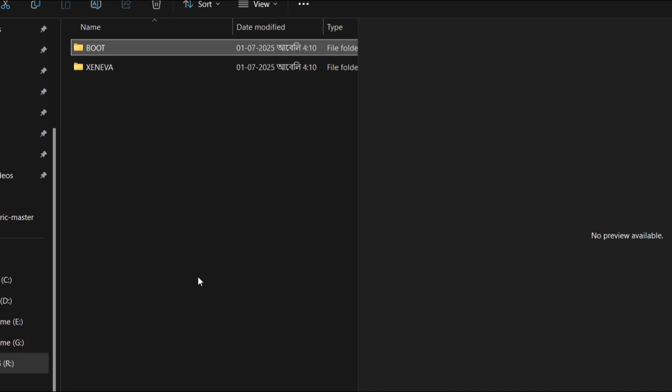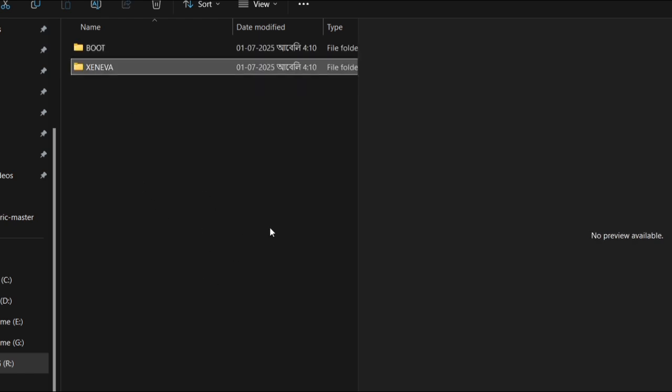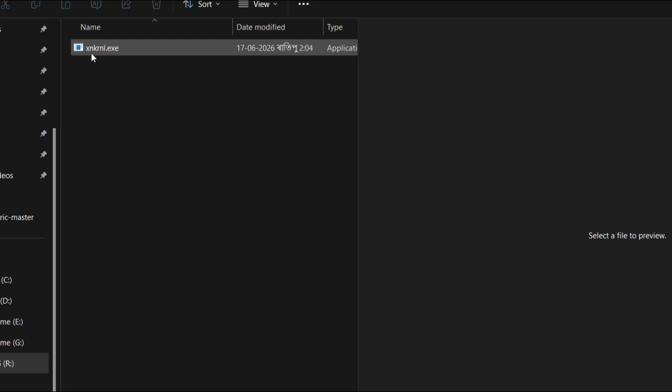Inside the EFI directory, there are two important directories, boot and Xeneva. Inside the boot directory, bootAA64.efi or bootx64.efi are present. And inside the Xeneva directory, xnkernel.exe is present, which is the main kernel file. And most importantly,